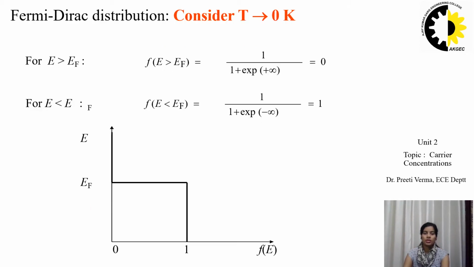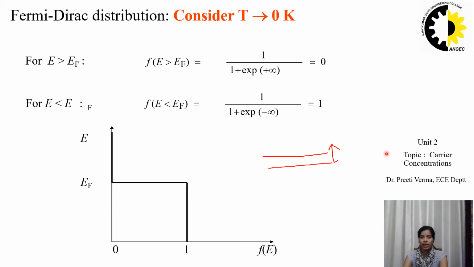So if we solve this Fermi-Dirac distribution function for the energy level, if we have the energy level EF and our E is lying above this level, then that exponential term, E minus EF, will become large in 1 plus exponential E minus EF by kT. So this will become infinite, and this complete term will give a value 0. Similarly, if E is lying below the EF, then this value comes out to be 1.